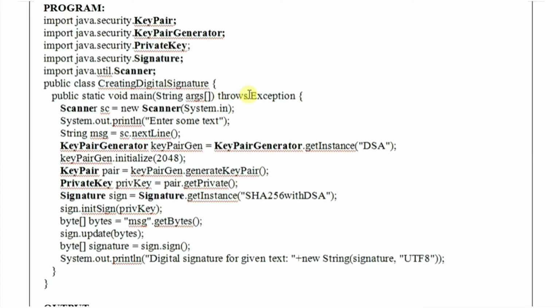Checked exceptions are checked at compile time. For example, IO exception and interrupted exception are checked exceptions. Unchecked exceptions are not checked at compile time but at runtime. For example, arithmetic exception, null pointer exception, array index out of bounds exception, and exceptions under the Error class are unchecked